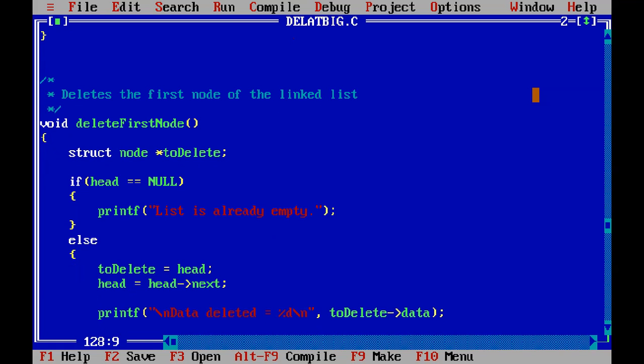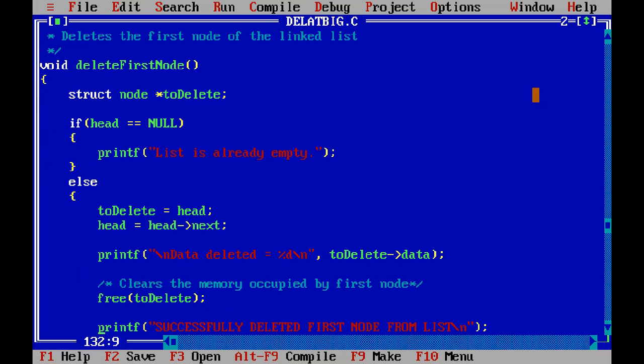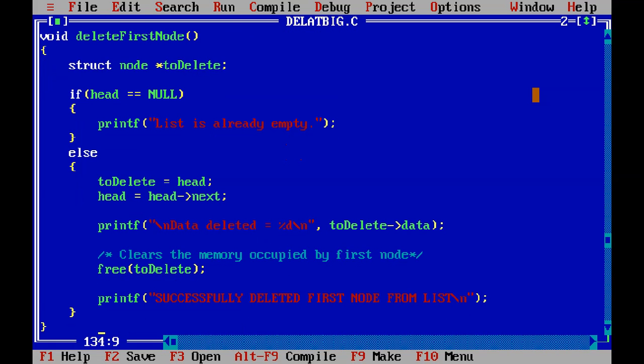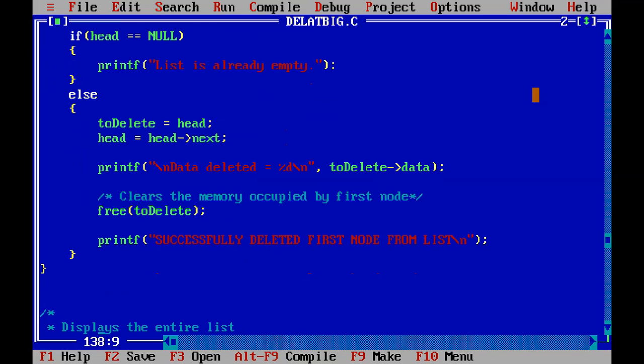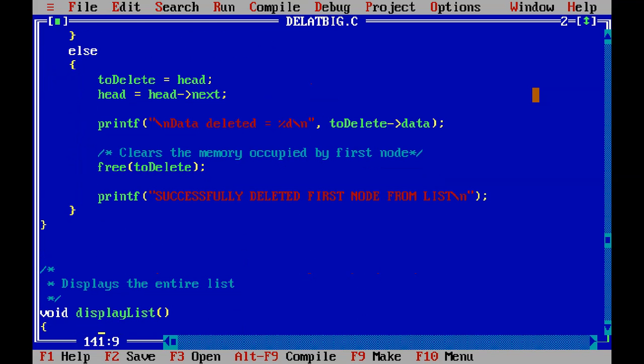Then it will display the data of toDelete, the first node data. Then it frees the memory of toDelete, which means freeing the memory of the head node, and displays the message successfully deleted first node from list. Okay, this way it will delete the first node and display the entire list.